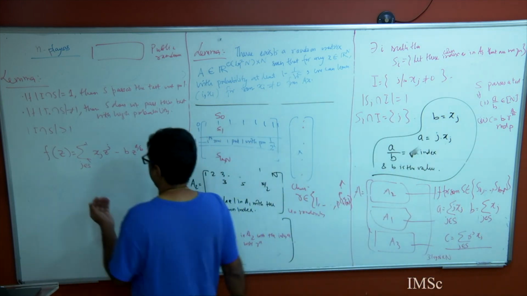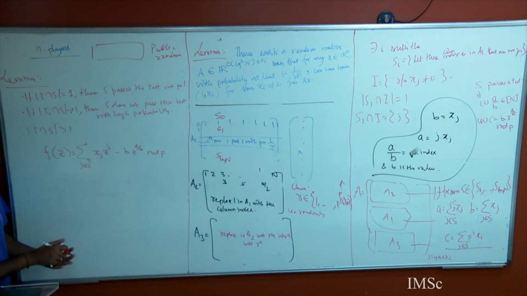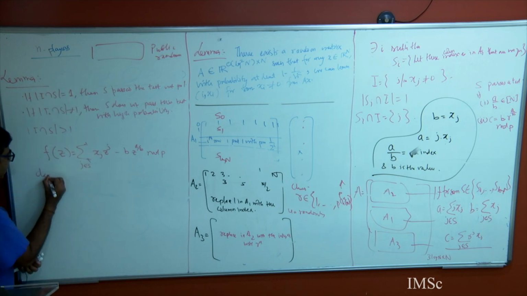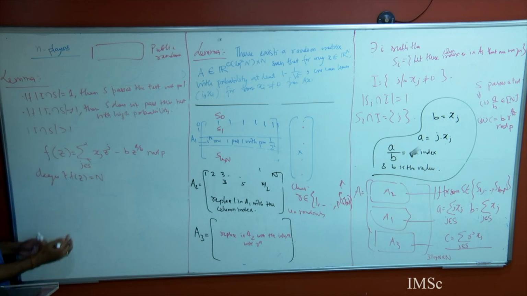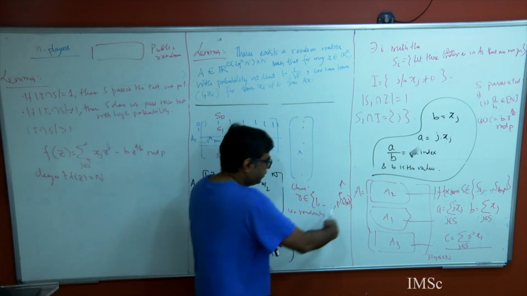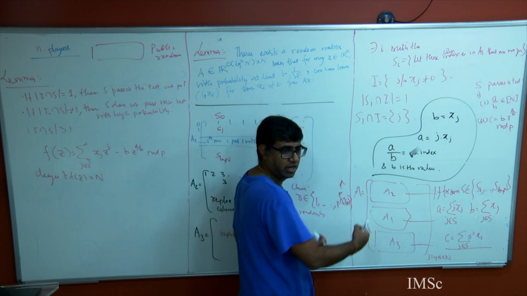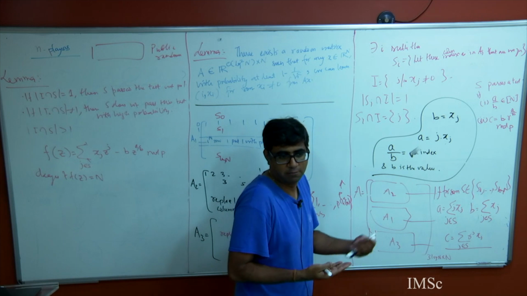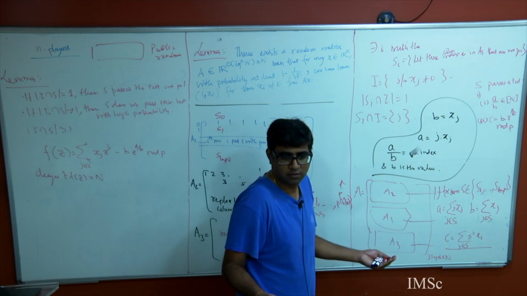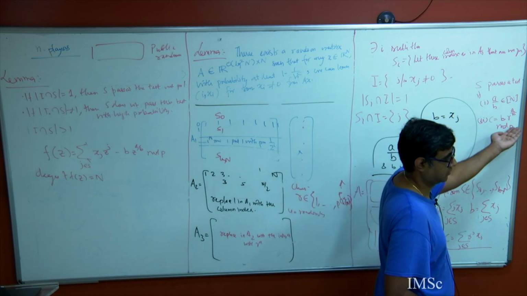It means you must be a root of one of these guys, right? But what is the degree here? The degree of f of z is equal to n. So if I choose a huge number of polynomials, like a huge large size p, like poly n, then the probability that I will fail is like 1 by poly n, because there are only n roots, right? So if I choose something which is not a root, you will not fail this test, right?